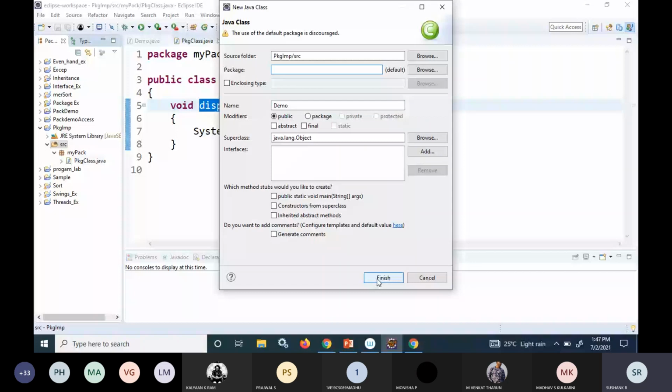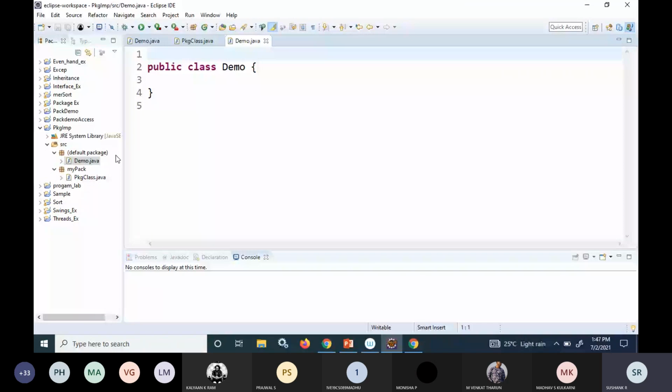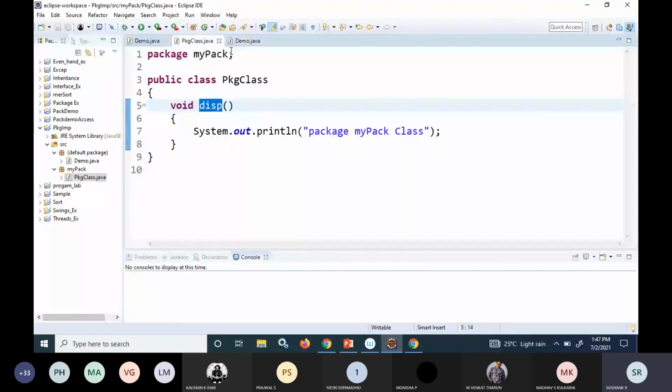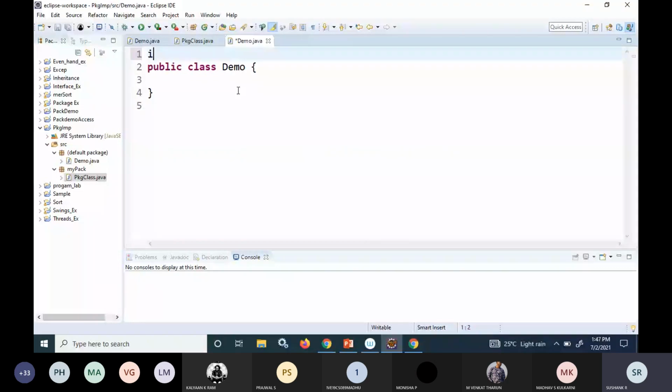Now I want to use this package class inside my file called demo.java. For this, the import statement is useful. Import that package name. What is my package name? Package name is my pack.